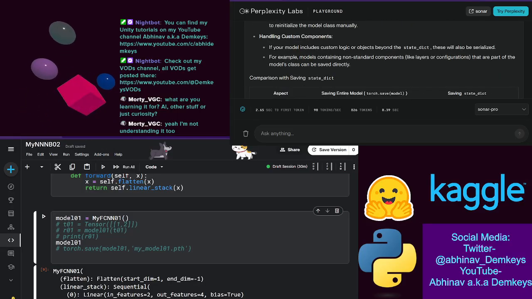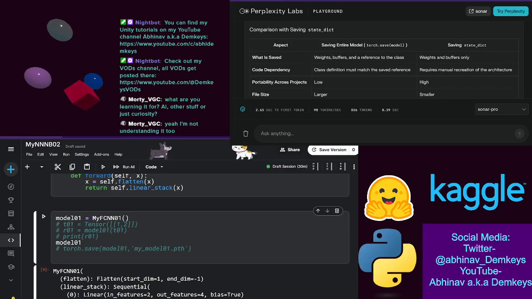Handling custom components. If your model includes custom logic or objects beyond the state dict, these will also be serialized. For example, models containing non-standard components like layers or configurations that are part of the model's class can be saved directly. Comparison with,